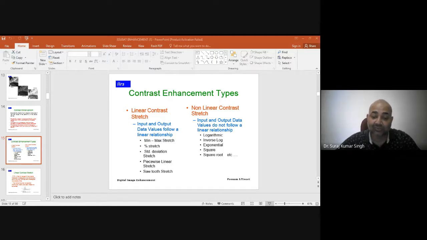Instead of keeping 84, stretch it to 0, and instead of stopping at 153, stretch it up to 255, so that your entire observation